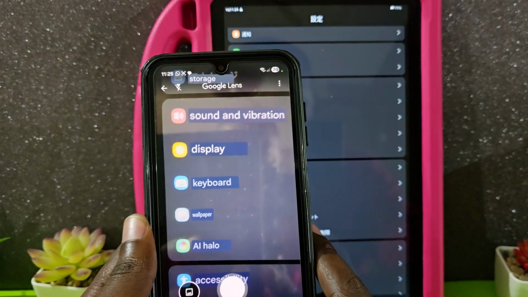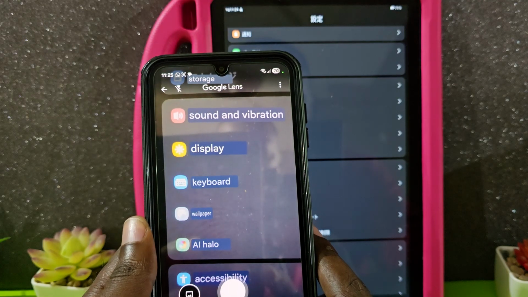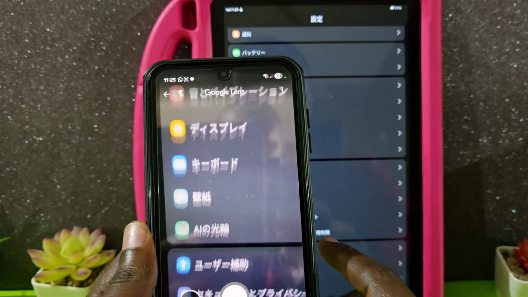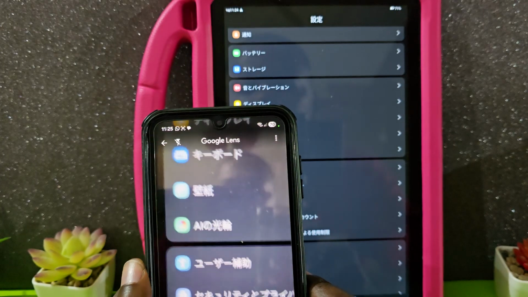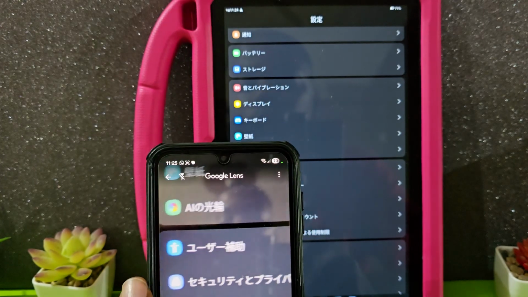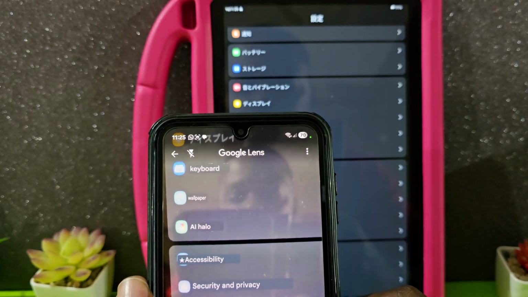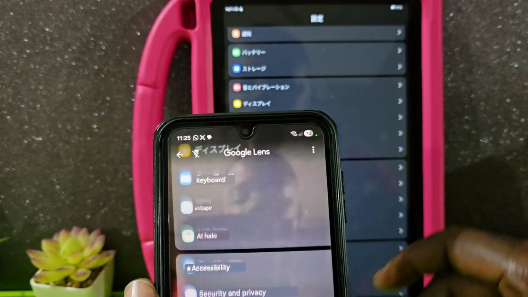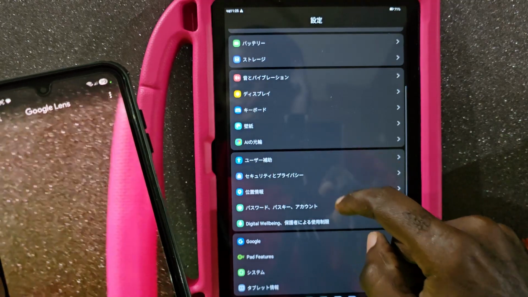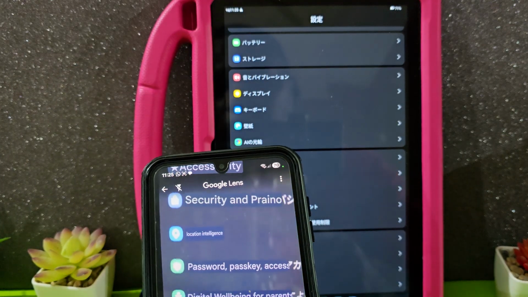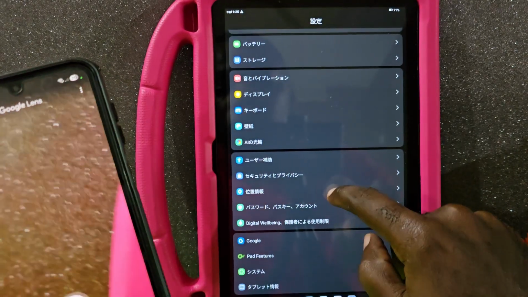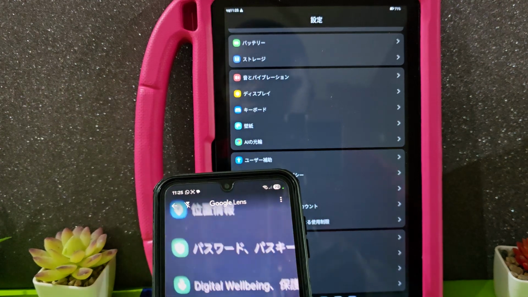It says sound and vibration, it says display, keyboard, wallpaper, and it says something like accessory down here. And we can look all the way through. All right. This also requires internet as well. Accessibility, security. All right, so we're going to look for the one that says system. All right, and if we look all the way down here,